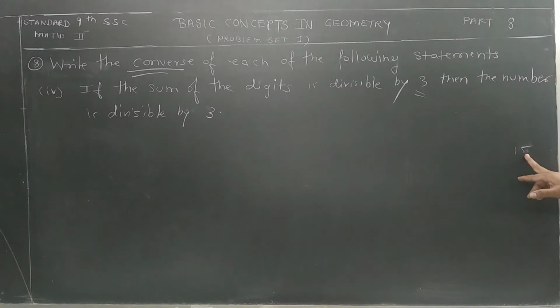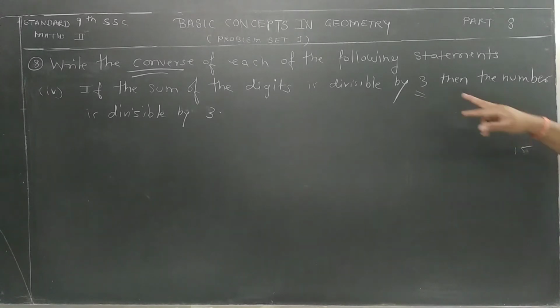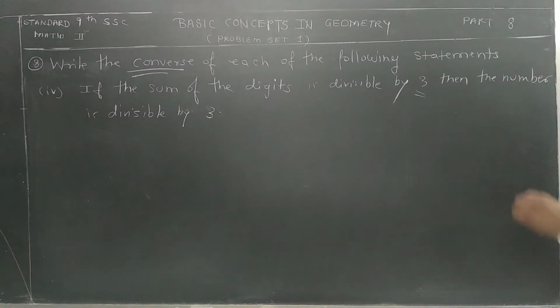1 plus 5 is 9? No: when 1 plus 5 is 6, 6 is divisible by 3, which means the number is divisible by 3. Suppose I have 19. 9 plus 1 is 10. 10 is not divisible by 3, which means 19 is not divisible by 3. But 18: 8 plus 1 is 9, 9 is divisible by 3, which means 18 is divisible by 3.